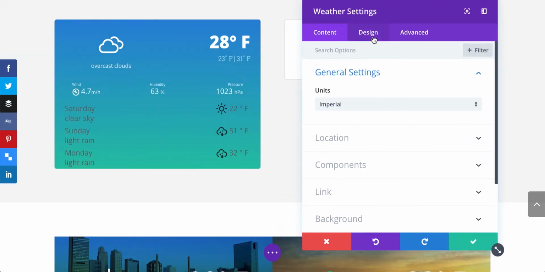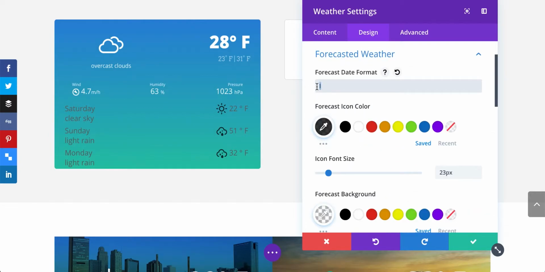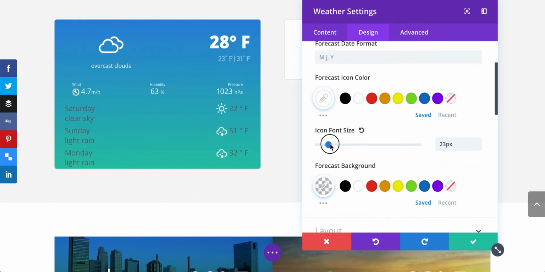But you'll notice now that I saved it and reloaded it, for forecasted weather I set it to a lowercase l, which is just the day of the week. So now I'm just showing the day of the week instead of the full date that we had before. So totally up to you. And again, here's where you can change your forecasted icon colors, size,